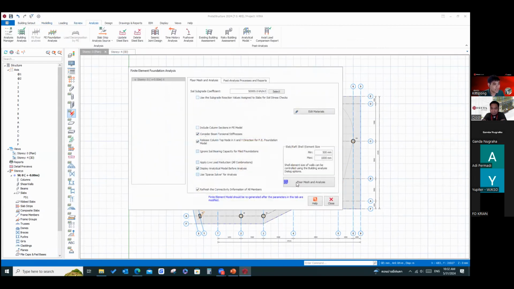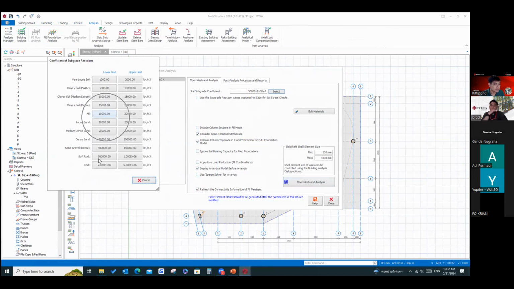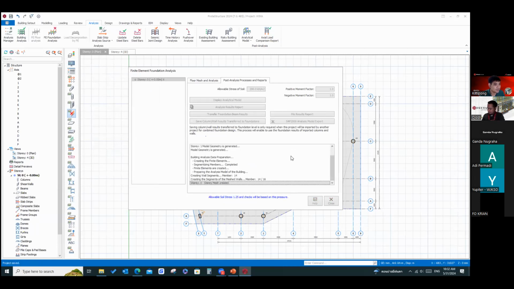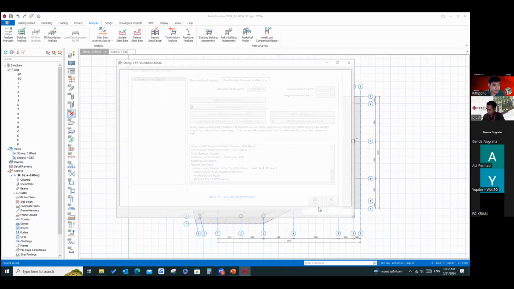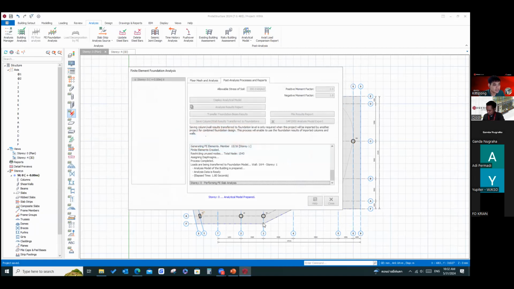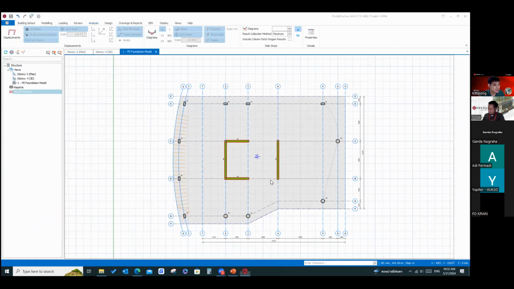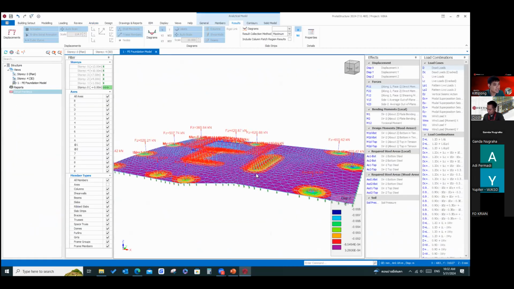You can also do that. You can check the soil subgrade coefficient. As you can see, there is maybe clay, maybe a few sand, loose sand, something like that. And check the mat for the foundation. Check the whole in the finite element method. See? Done.